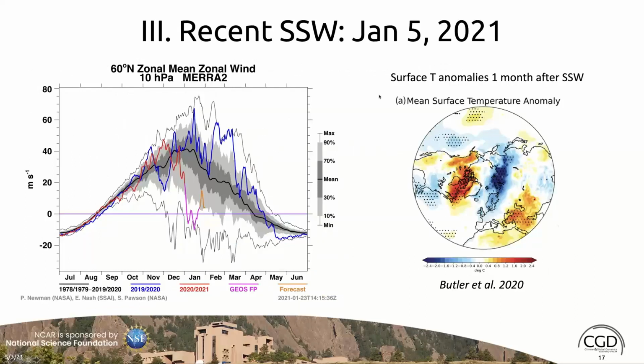Okay, so for the last few minutes of my talk, I'll shift gears slightly and talk about the application of this research framework to the January 5th, 2021 warming. It's funny, as we started the project of real-time forecasting for NOAA in September, we were hoping this would be the year where we get a sudden stratospheric warming or a reversal of the 60 north 10 hectopascal winds.